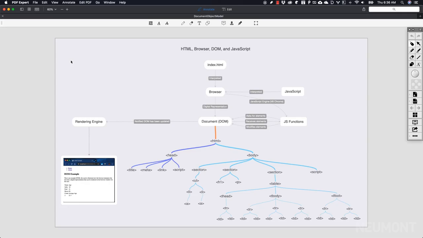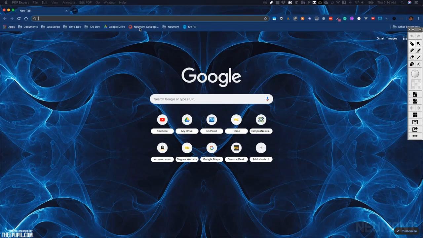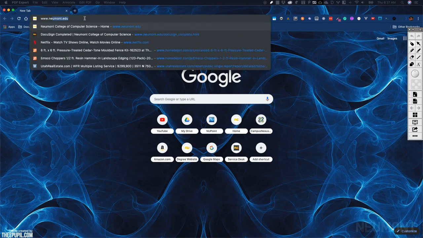And Netscape wanted to make the internet more interactive. So they created a scripting language that would run inside of the browser. So if we take Chrome right here, we look at this. Inside of the browser, inside of a window right here where the HTML is running, if we go to a page, so let's go to Neumont's page,